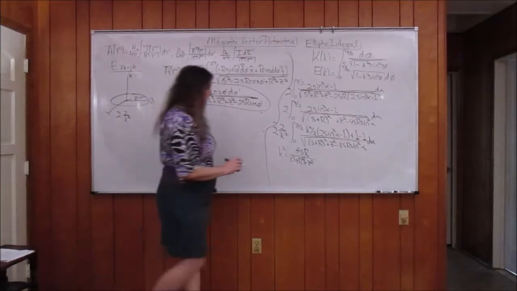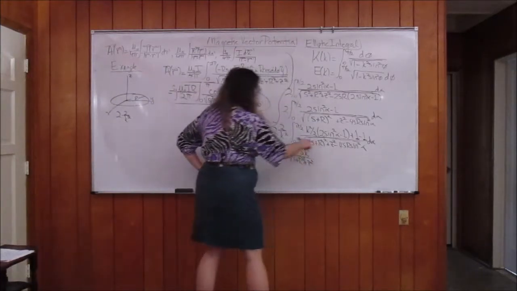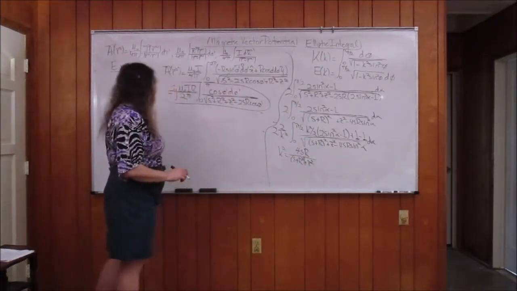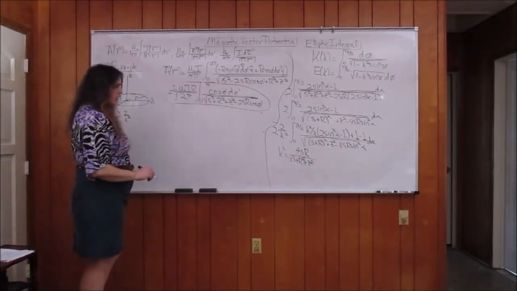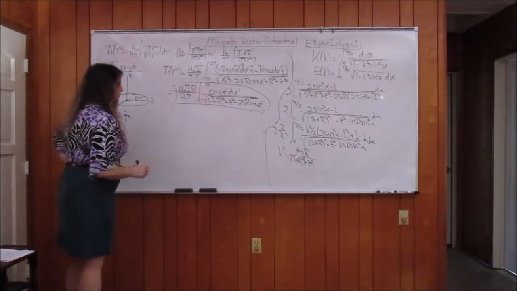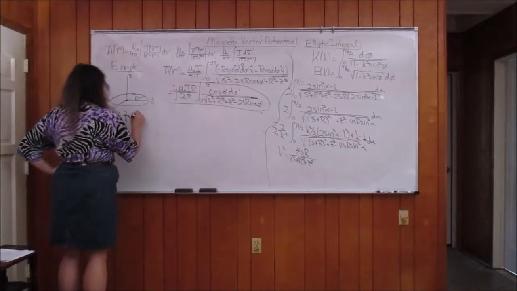It's convenient here to divide through by s plus r squared plus z squared. Take the square root of that, so 1 over